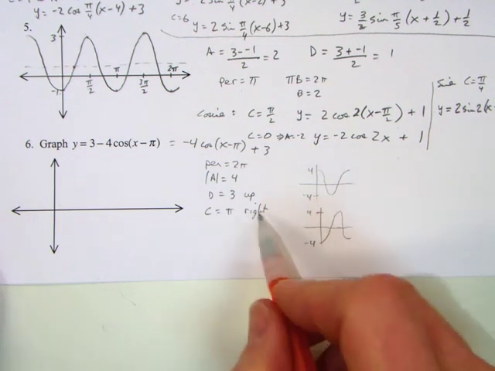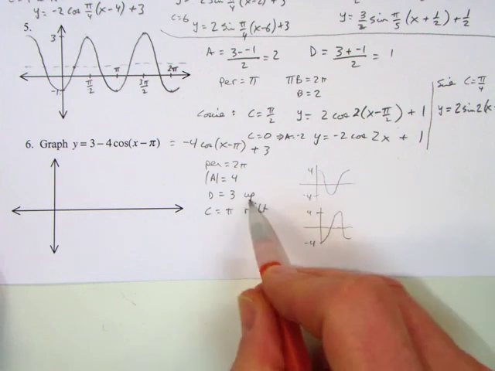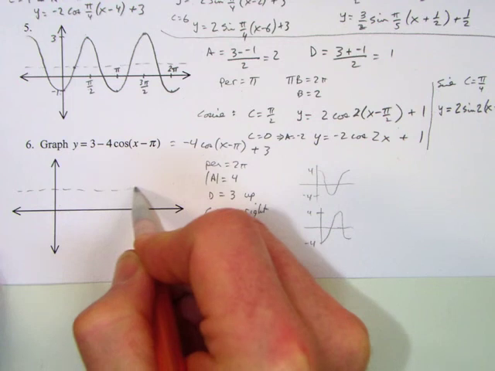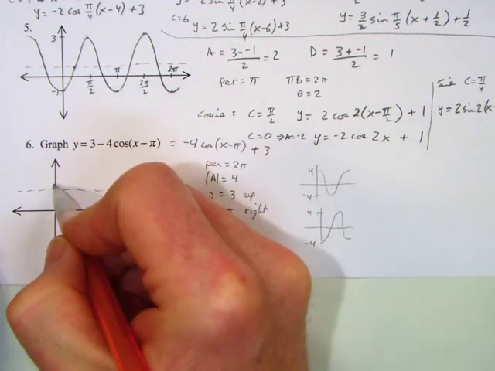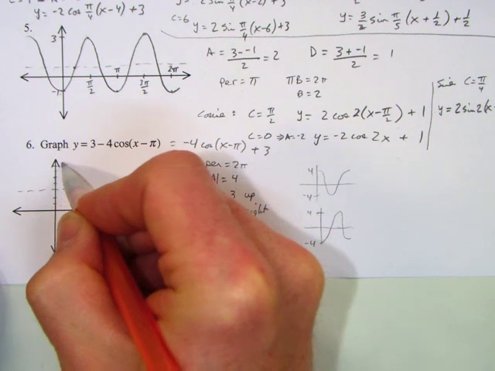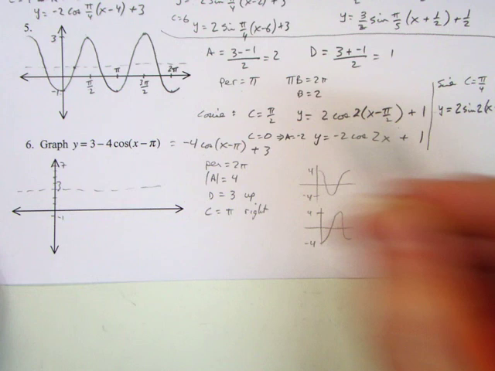This graph is going to be shifted pi units right and 3 units up. So let's go 3 here, and then from there we're going to go 4 up. 1, 2, 3, 4, and so that will be at 7, 3, and then it'll be down here at -1,